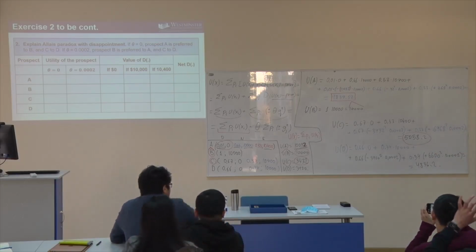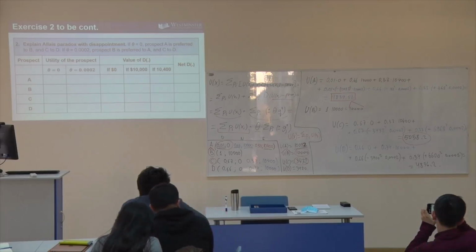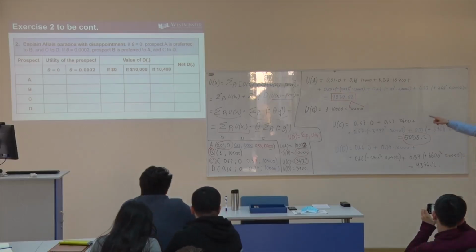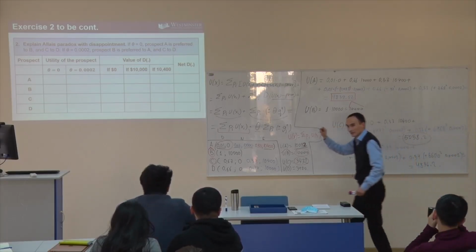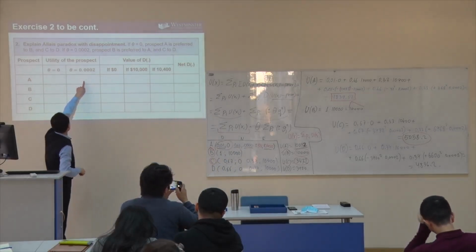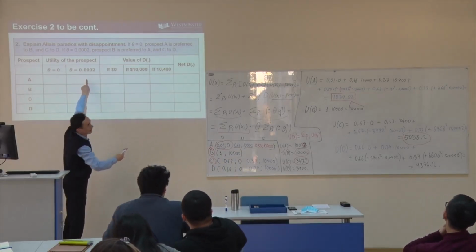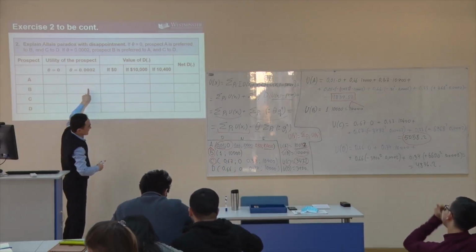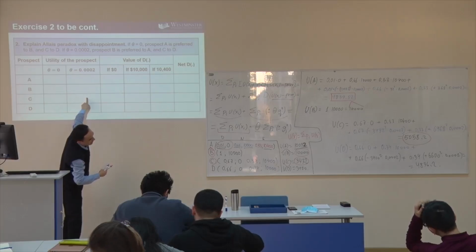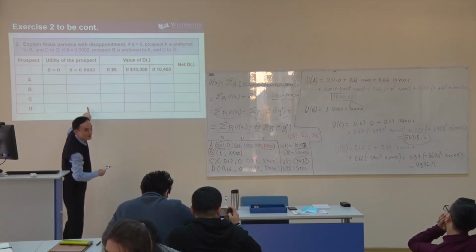So in the book, students, these calculations are not given. What is given is just the table, okay? The table is given and numbers are given. So here, the expected utility is equal to what? 9,839. Okay, here is 10,000. Here is 5,158. And here it is equal to 4,836.